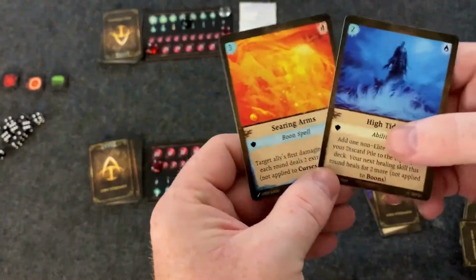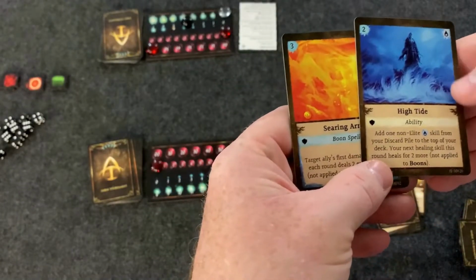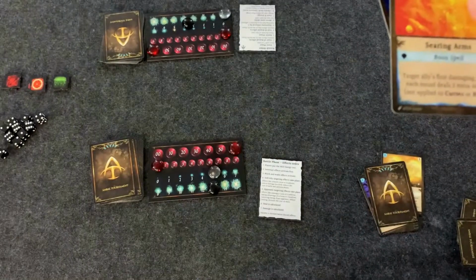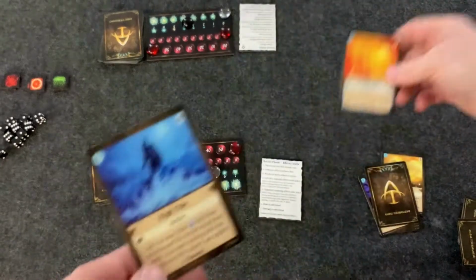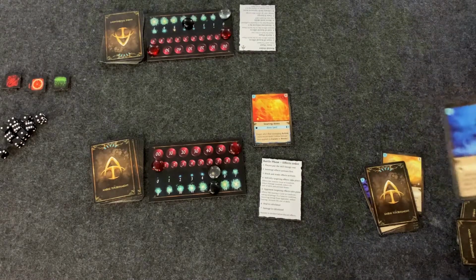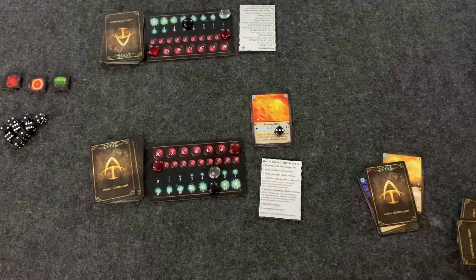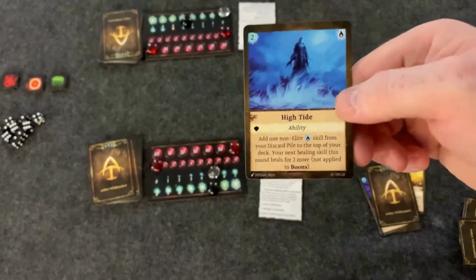So there's a couple different symbols to work with, where both of these are actually defensive symbols on here. So this one is going to be called High Tide, and this one's called Spear Arms. So we'll look at Spear Arms first. This one is going to be a boon, and this is one where you get things on there. So you're going to take this card, and because it didn't get blocked or anything, you're going to place a die on it for the amount of turns it's going to last for. This guy right here,